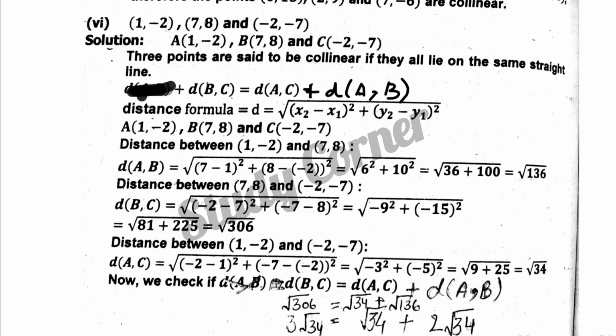Okay, now we have to find the distance to show that these 3 points are collinear. We have to find the distance between BC, that should be equal to the distance between AC and the sum of the distance between AB. So by using the distance formula, firstly we have to find the distance between A and B. This point is x1, y1, x2, y2, so that is 7 minus 1 whole square and 8 minus 2 whole square. Then this is 7 minus 1, that is 6 square, and 8 plus 2, that should get 10. 10 squared is 100. 6 squared is 36, you get square root of 136.